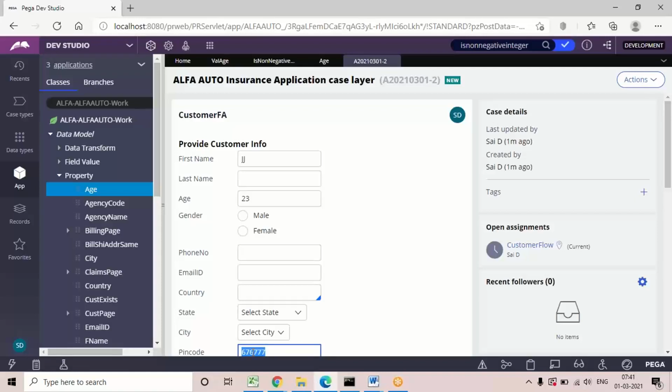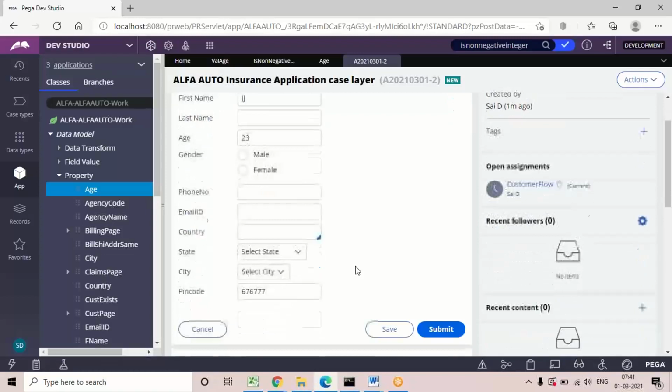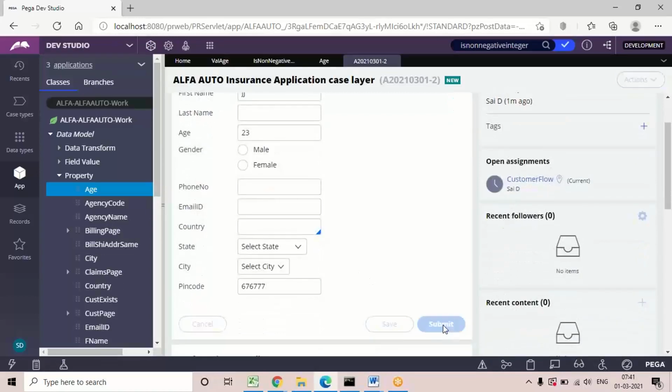If you don't give input now in the developer environment, it will automatically throw the error. That's why I gave input for first name and pin code also. Now we'll verify this condition. According to the requirement, if age is less than 25, it should throw the error, right? Submit this.